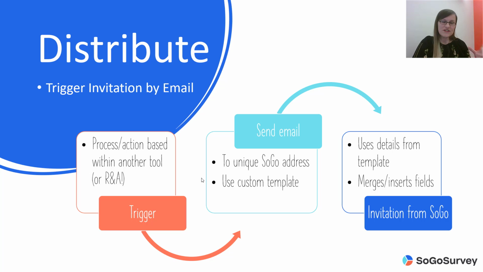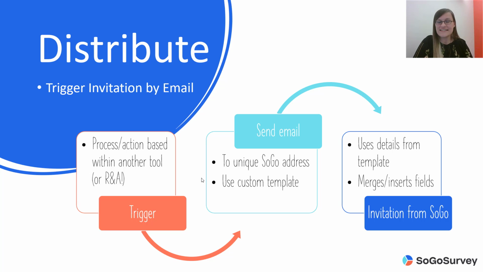So think about it this way. If you can trigger an email to go out as a result of some action, so it could be in some other tool, it could be in any other number of products that we could let you know, like, hey, case closed, now what happens? Or for example, in our platform, it could be rules and alerts. When this response is received or when this registration form is submitted, send an email. So whatever the process